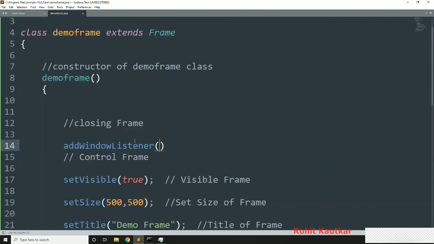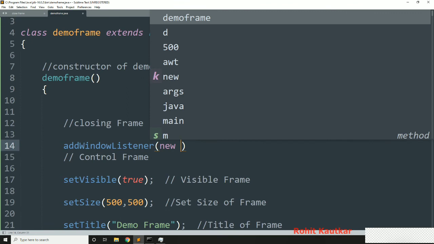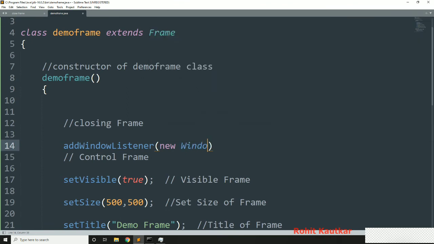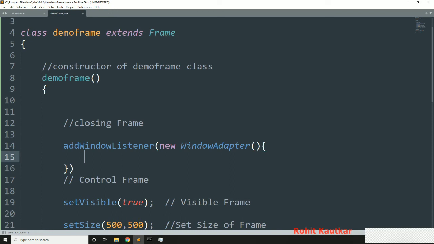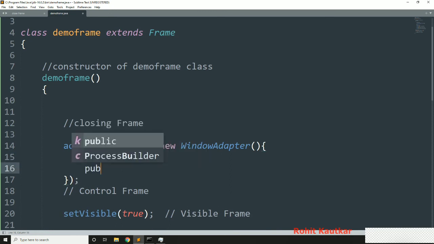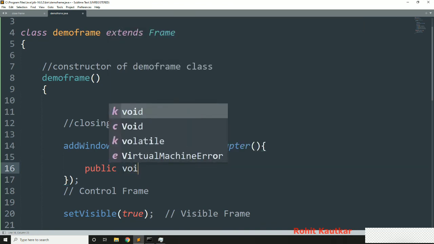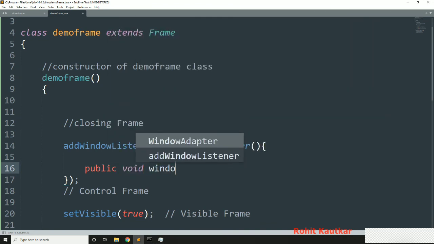So its object we will try to create here, new window adapter. Okay, and within this now we will try to implement a method called public void window closing,